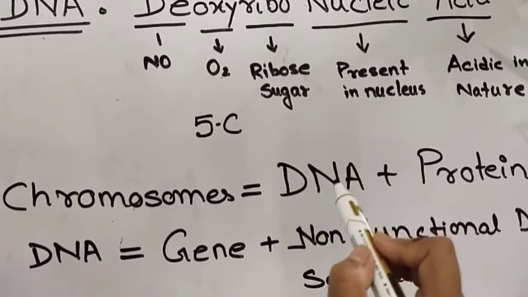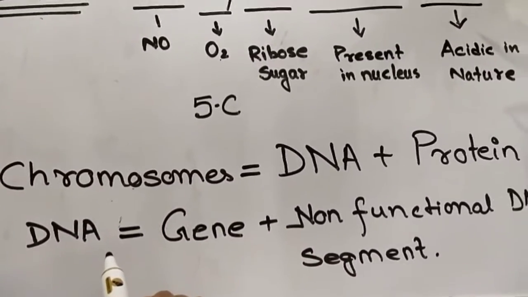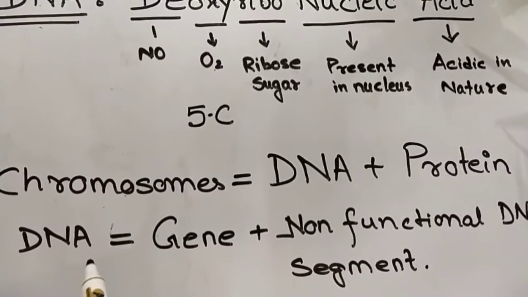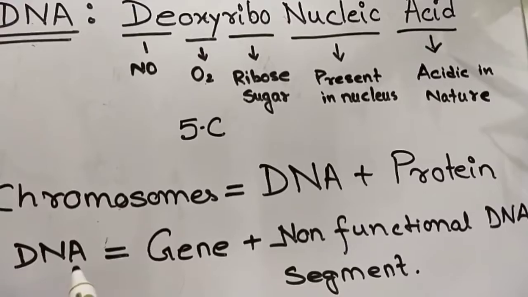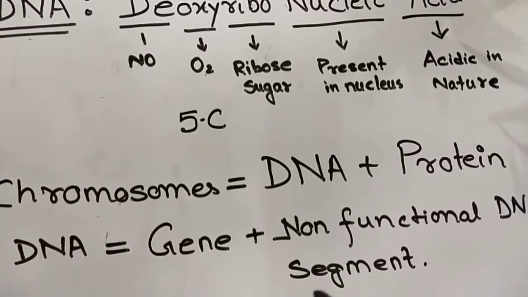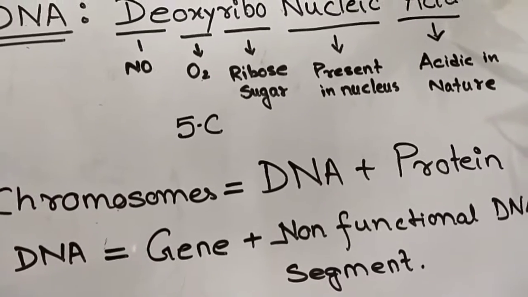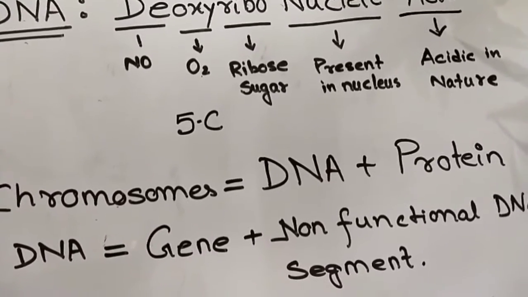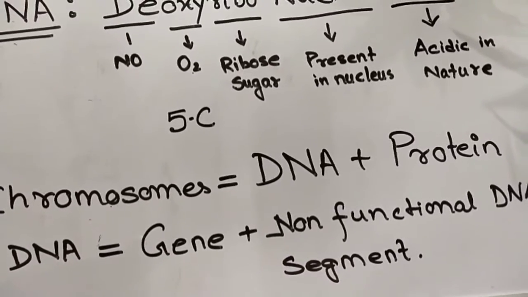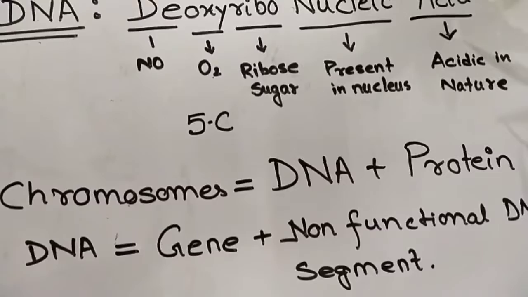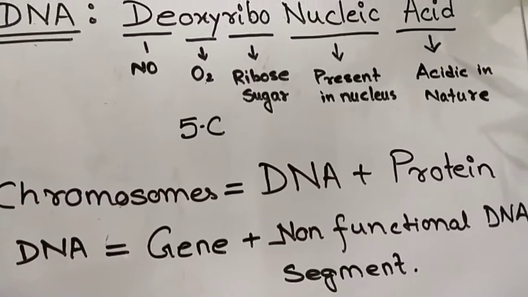Now we will see what the DNA is made up of. The DNA is made up of segments. There will be many segments in the DNA. The segment which will express itself, that means the part of the DNA which will give the character, or whose character will be seen, like the color of your hair, the color of your eyes. Those characters are visible. Those are expressed. Or the height. Such characters are called functional.